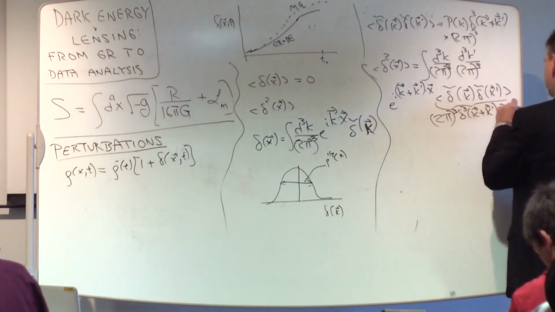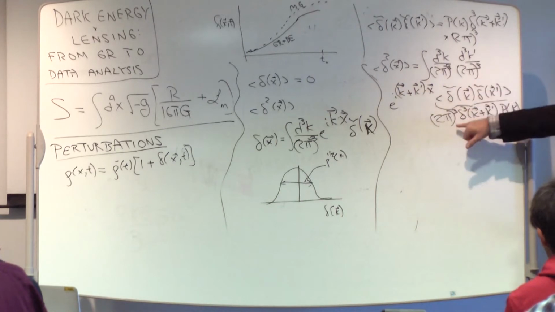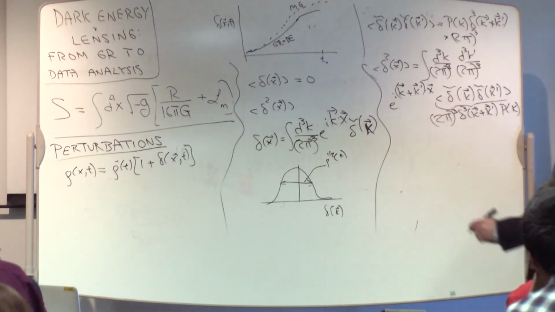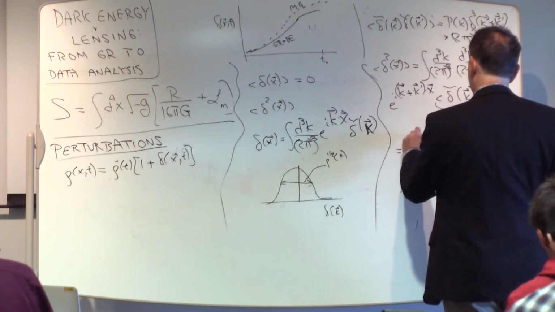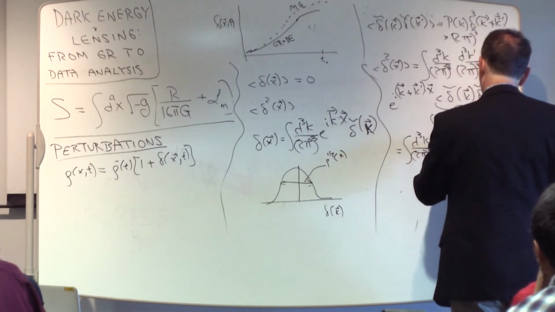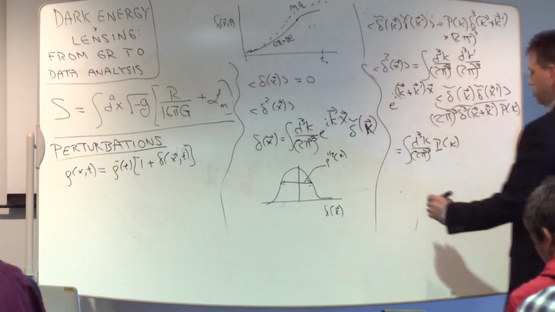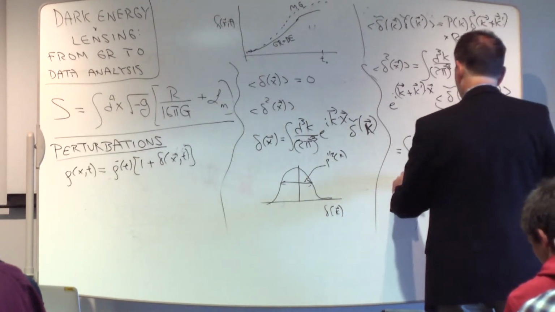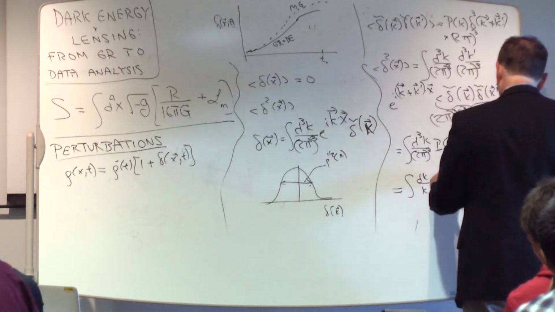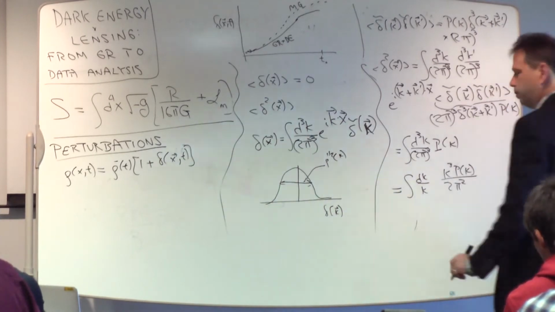Times the power spectrum. Using this delta function to do the k prime integral, the 2 pi cubes go away, the k prime goes away. K plus k prime is just 0. So what you're left with is an integral over all wave numbers of the power spectrum. And I argued that the power spectrum itself depends only on the wave number, the magnitude of the wave number. So the angular integral just gives a 4 pi. So what you're left with is the integral dk over k times k cubed P of k, which you can check is dimensionless, divided by 2 pi squared.